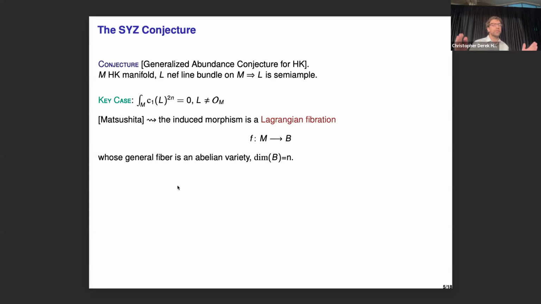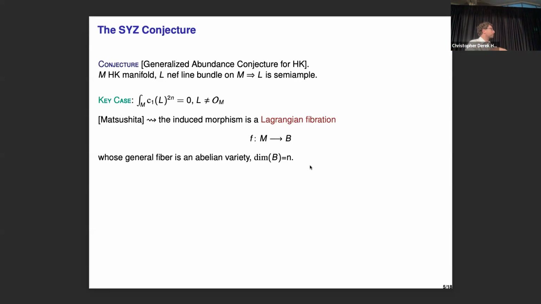So there is no other morphism. If I look at morphisms with connected fibers from a hyper-Kähler manifold, which are not birational and non-trivial, this must be a Lagrangian fibration. This is sort of surprising, but as I said, the proof is not so hard actually. And what does it mean, a Lagrangian fibration?